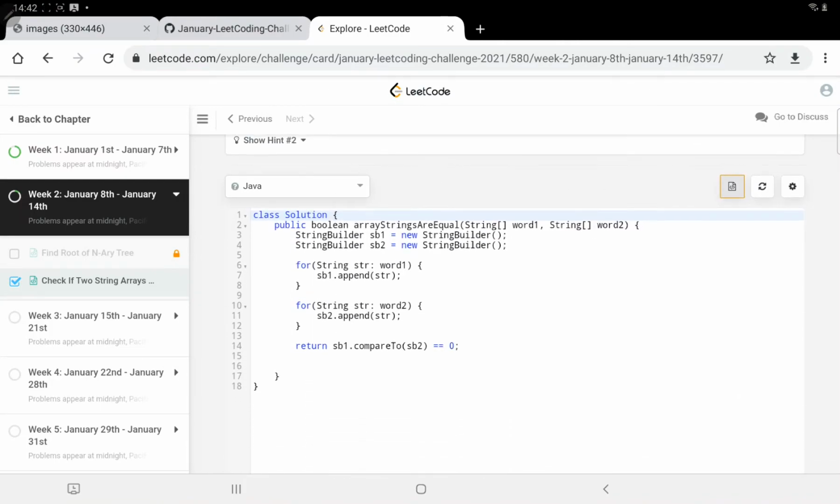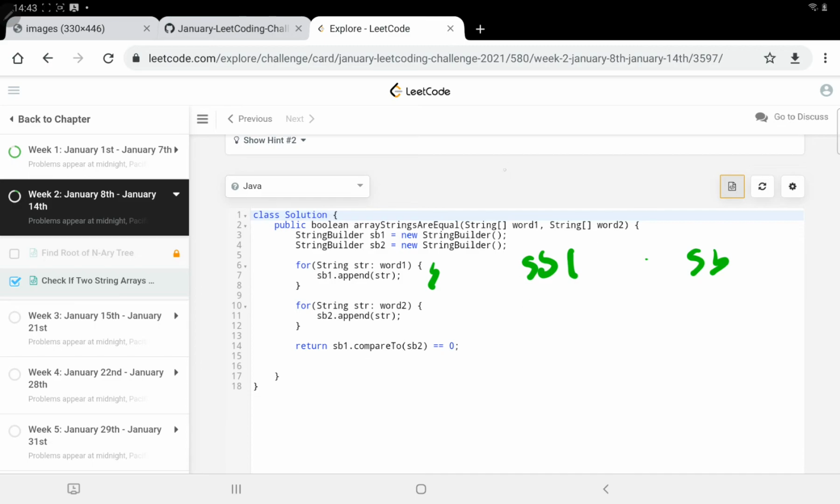Okay, so what we are doing here is we took two StringBuilders. So why StringBuilder? Because in Java we know that String is immutable, right? That means whenever I append any new value, Java will create a new reference or object of that string. So to avoid those performance-related issues, we are going to use StringBuilder, because String is immutable in Java, right? So we took two strings, initially those two strings are blank, and then we are just going through the word array, picking each and every string there and appending it here, right?